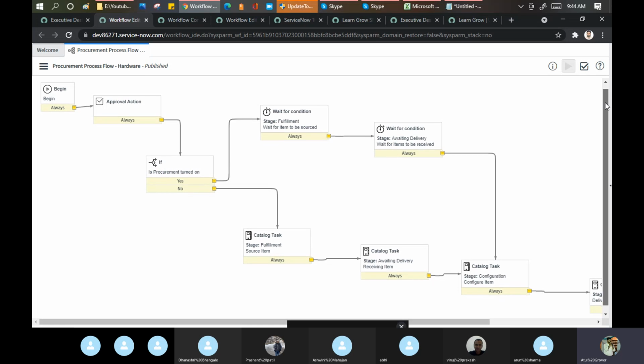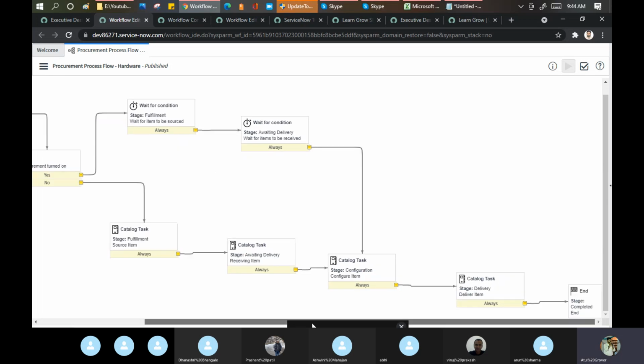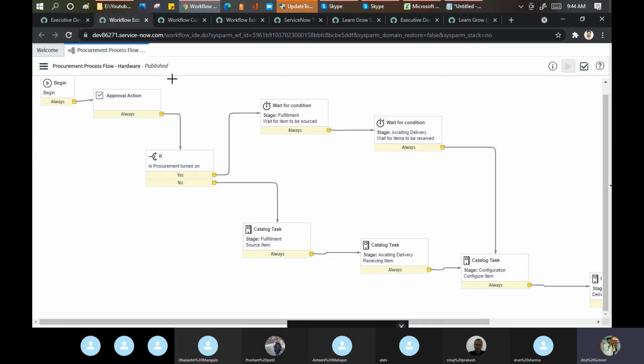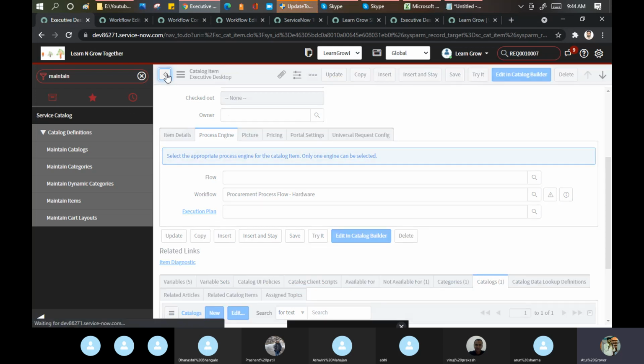This is the workflow. See how big. Till now we discussed only the approval part. Tomorrow we will discuss all these things. Maybe you find some trouble here, so better you follow the iPad part. That is also good, because it requires some procurement, so it will go through some other process as well.